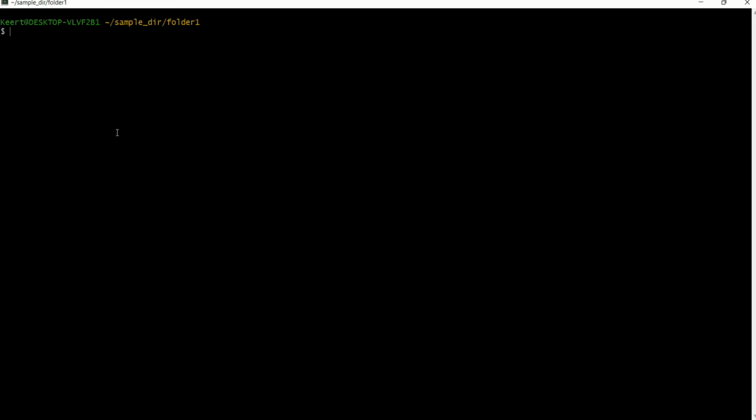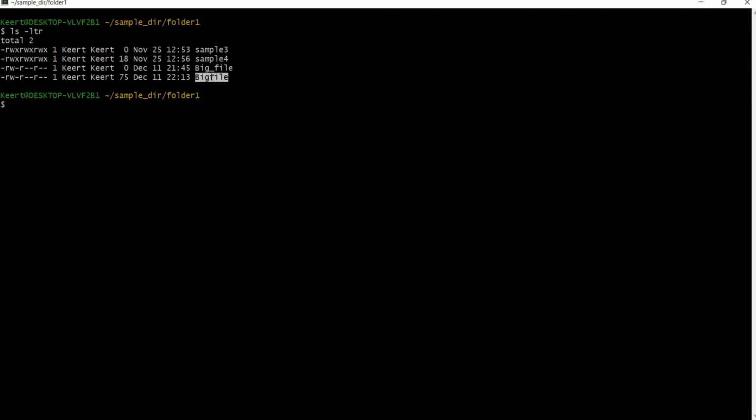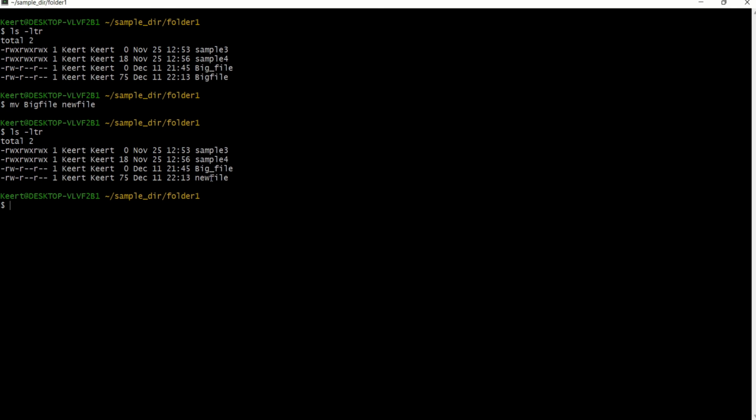Now I want to show how to rename the file. So ls -ldr, here big file is there, and I just want to rename this one with some other name. So what is the command? Move is the command we can use, mv, and I just want to rename this file with some other name, like new file. I'm giving the file name as new file. So ls -ldr, you can see new file, and the data also